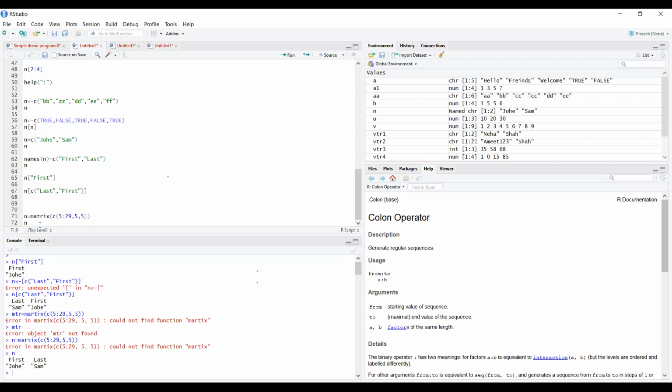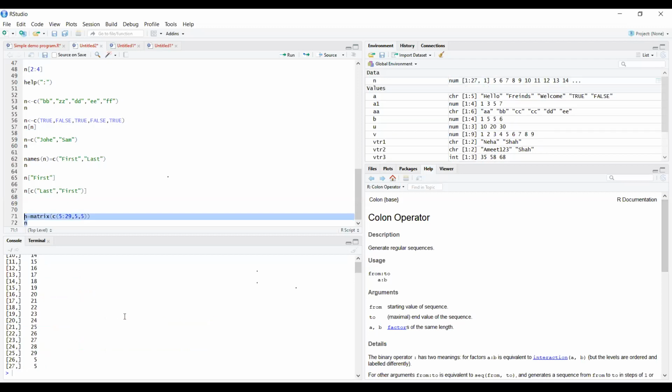This is how you can see the different matrices have been set up, ranging from 5 to 29.